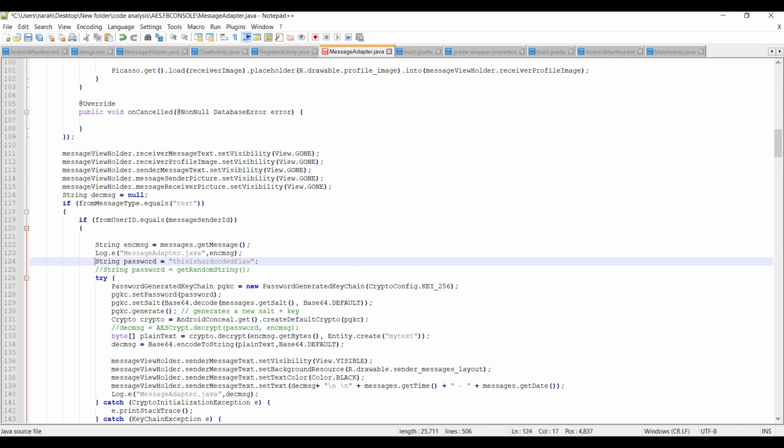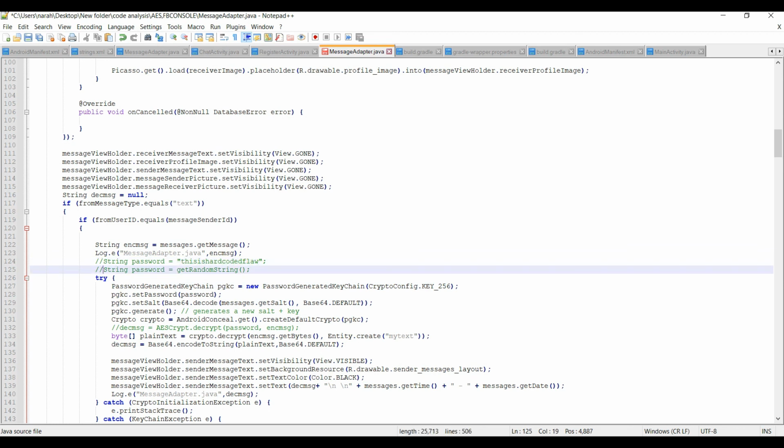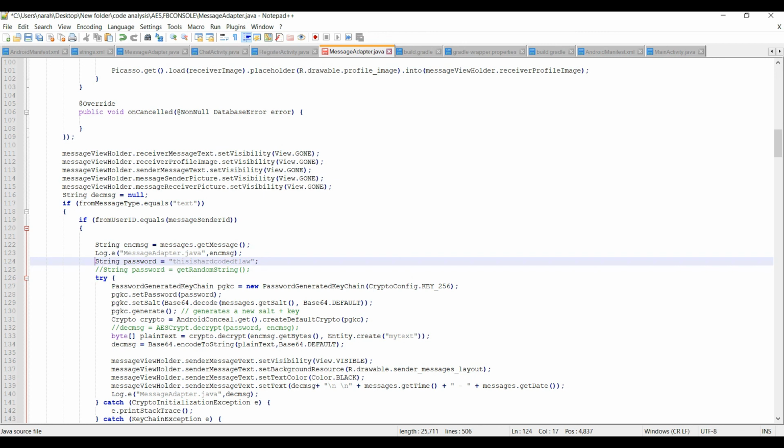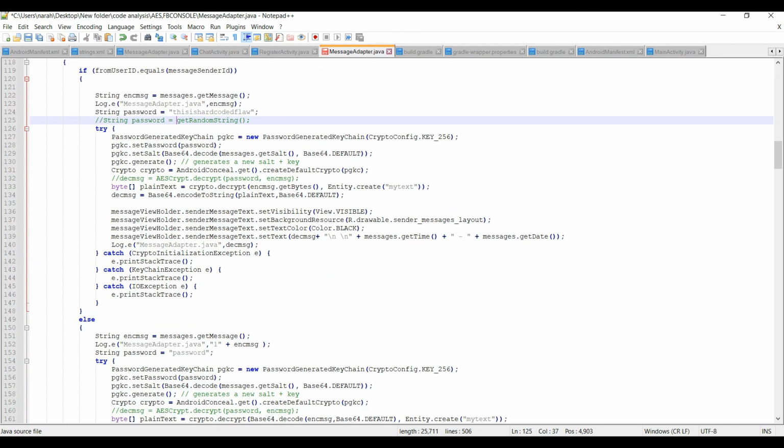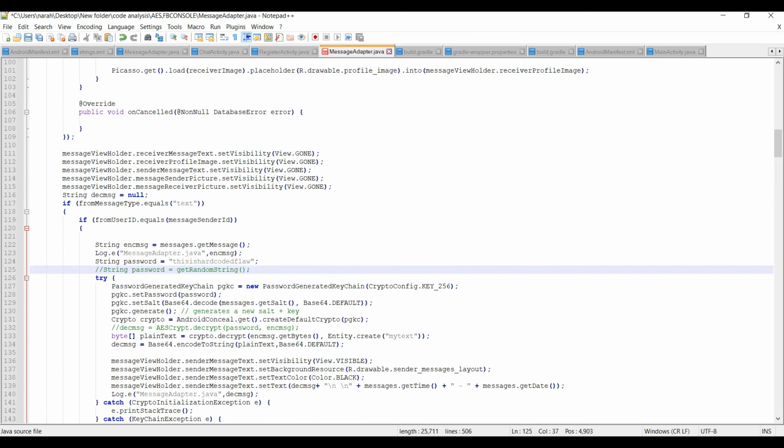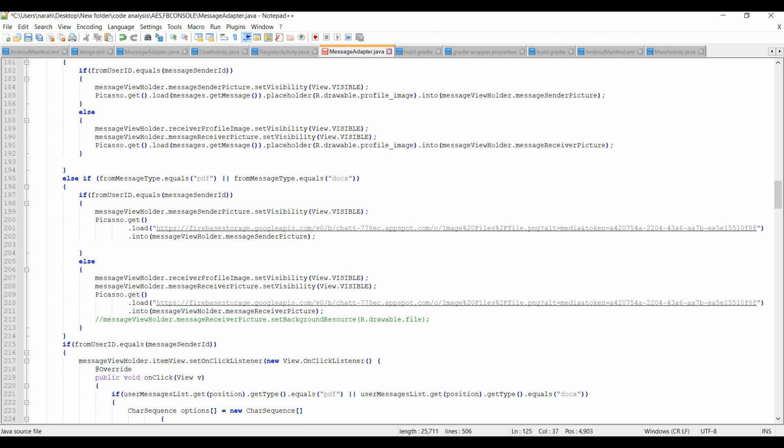Usually I use randomized passwords; it only generates a randomized one. But to show you the code analysis, instead of that, I'm showing you that there are some cases in which the password, or some important data, will be hard coded directly inside the source code. So this is also one of the things you have to look for.